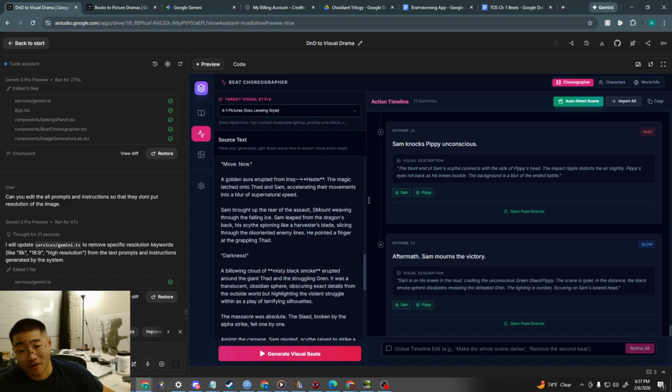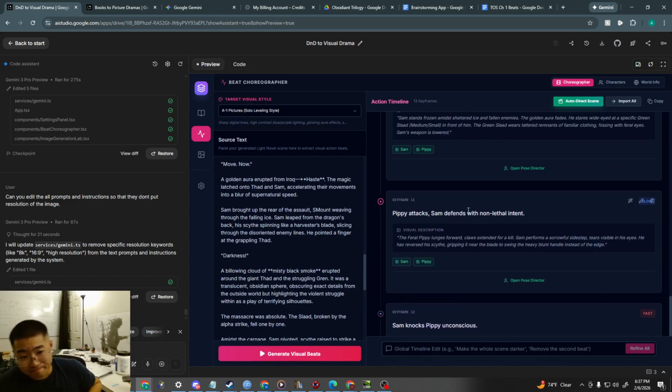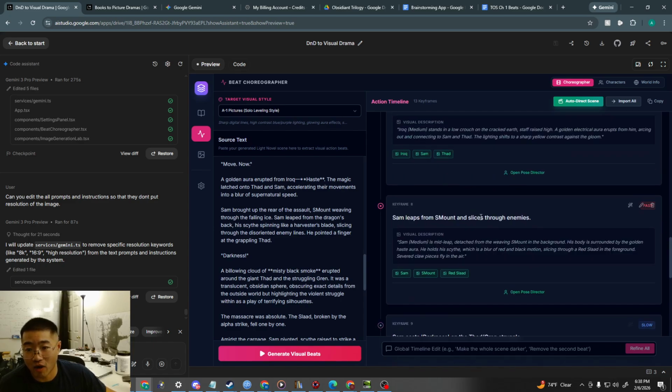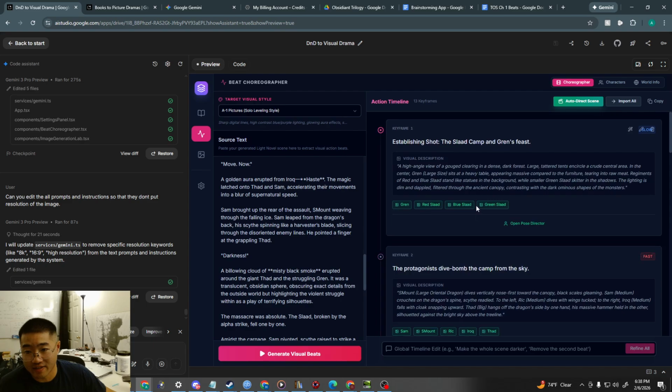But anyway, I have this storyboard that's created from the text, and I generate poses based off this visual description. I think it's first poses, then the camera, and then the special effects.